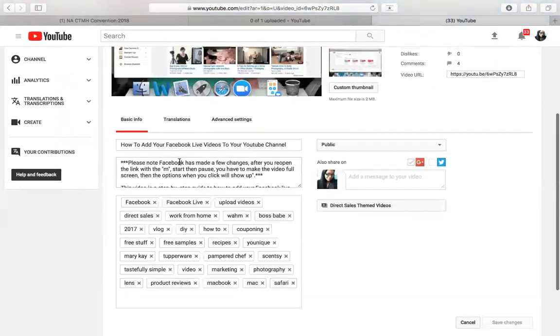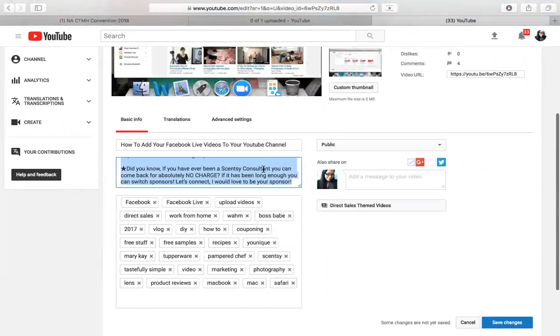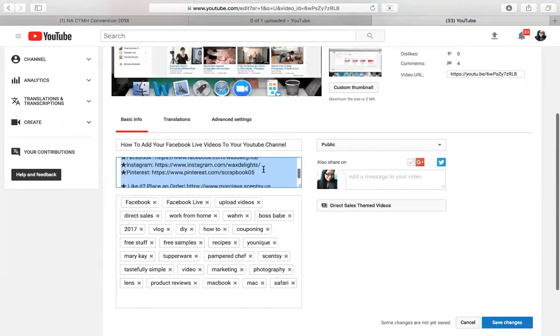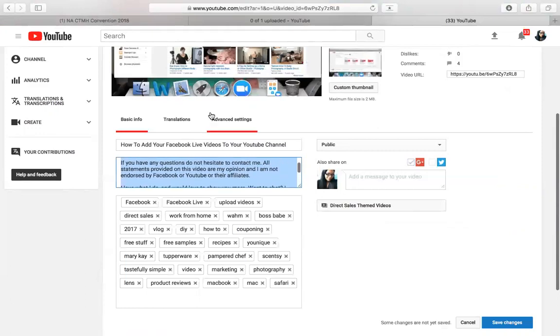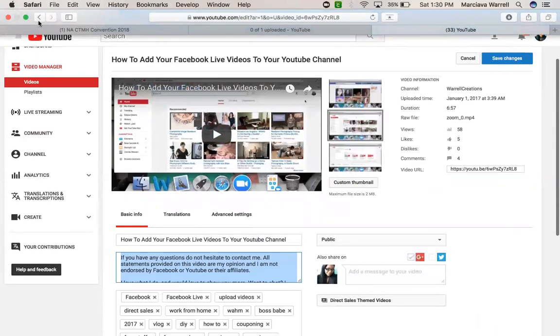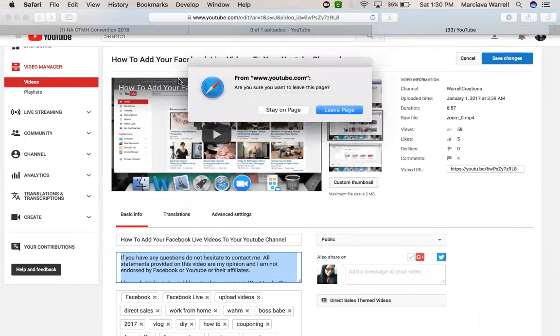And now this is where I put the warning about how that changed. I'm going to just copy and paste from this point forward. Okay, and actually, you know what? It still has my old Scentsy stuff. So I'm actually not going to use that one. I just realized that. Now, I do still sell Scentsy, but I don't